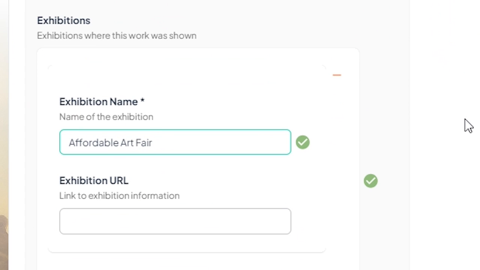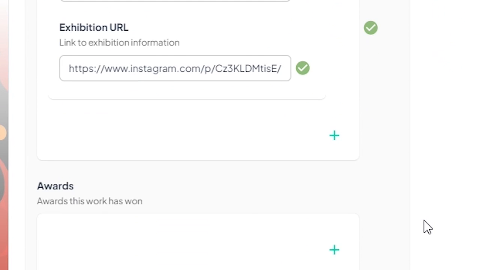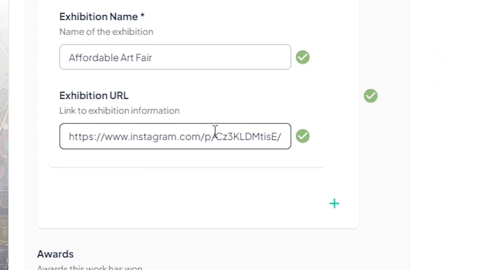So Affordable Art Fair, and then link to the exhibition. Okay, so I put in the link to this, and that's the link now. So that's the link to where it was exhibited. It's just a social media link. They don't have a website where they created the art. So I'm just going to put in their social media site link